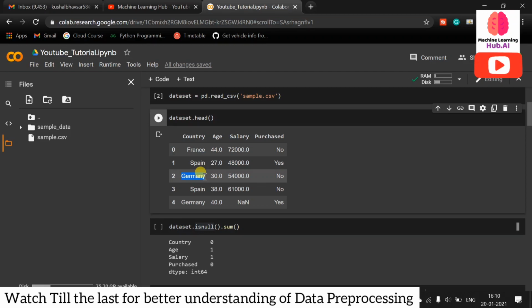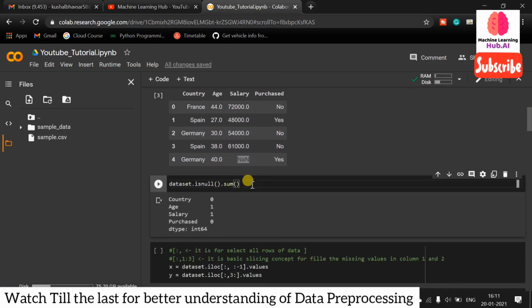Just imagine we are applying linear regression. We will do calculations based on the linear regression equation like y = mx + c. We will follow the equation. But how will we feed this kind of data like France, Spain, and you can even see there are some missing values here? So how will we handle all these things? Let's see how we can do all these things with Python.